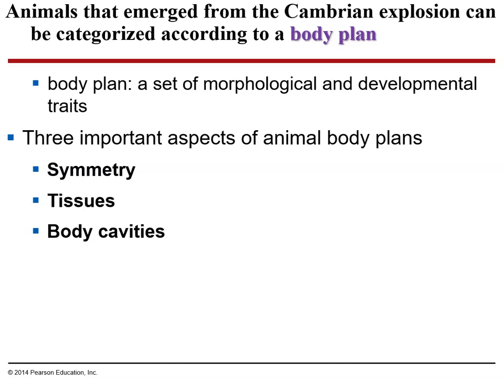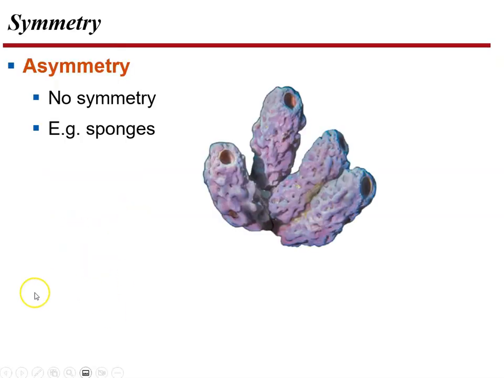So we're going to be looking at some examples of how symmetry, the types of tissues, and the presence or absence or different types of body cavities can be used as characteristics to differentiate other groups of animals that are still of the bilaterian group. They all still have bilateral symmetry. So starting with that one then, symmetry. Maybe we mentioned this before, but just for comparison purposes,